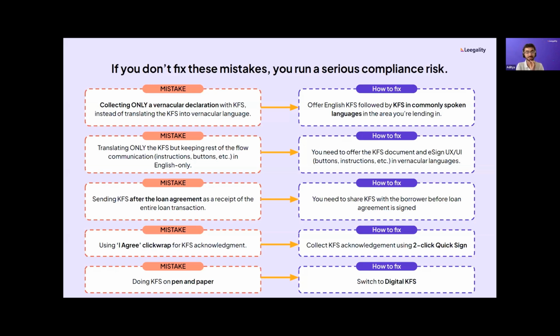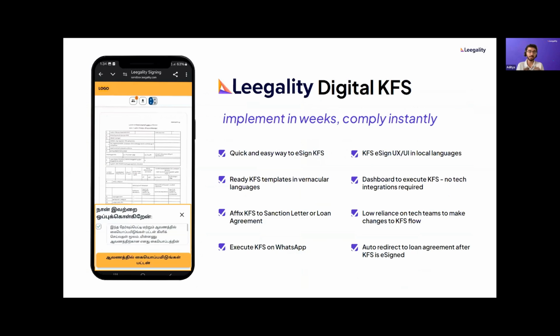So with that out of the way, let's quickly look at a 5 to 6 minute demo of Legality's digital KFS solution and how exactly it works, right? So Legality, some of you are new to Legality here. Most of you are not. For the people who are new, Legality is a document infrastructure platform that BFSI companies can use to digitally transform document execution in a fast, easy, and compliant way, right? We have a deep stack of features that can be stitched together to build compliant, flexible, and customer-friendly digital KFS journeys, which we'll show you in the demo.